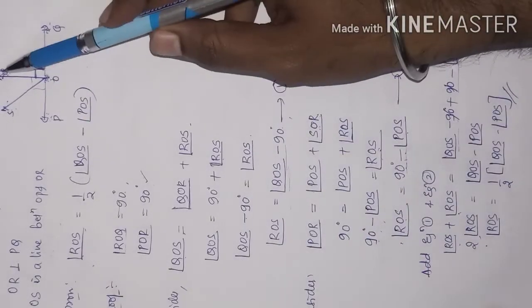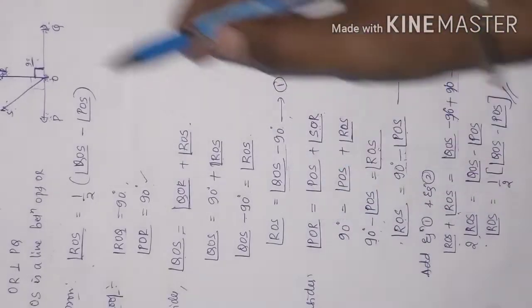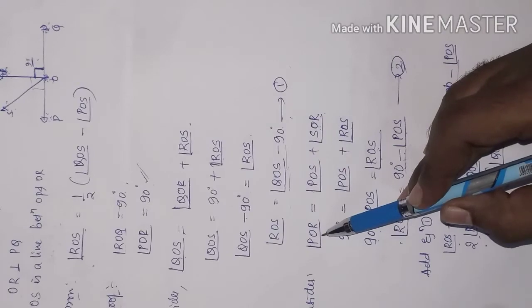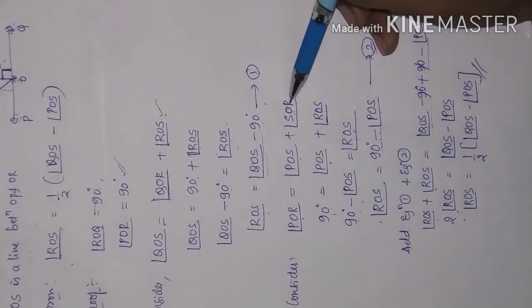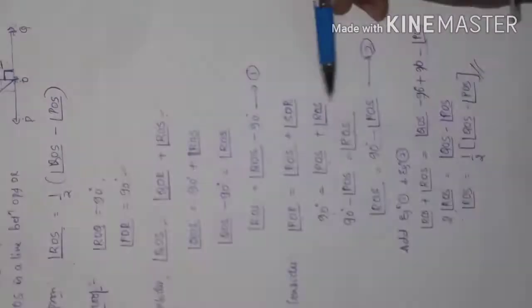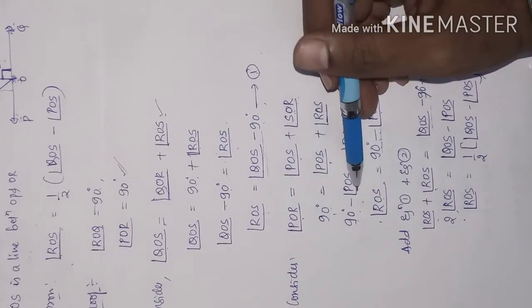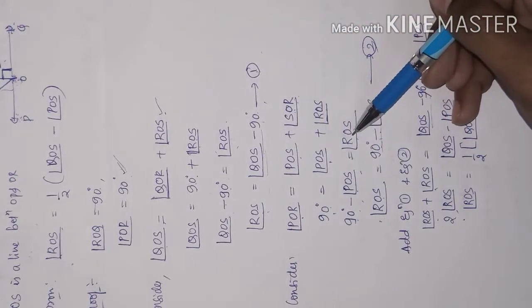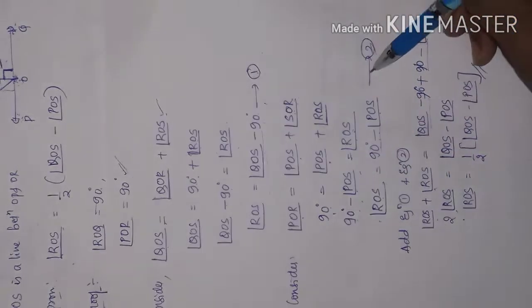Consider angle POR. So POR consists of POS and SOR. So POR is nothing but 90 degrees. So we wrote here POS as it is. I kept it. This SOR is nothing but ROS, that also we kept as it is. Now we require ROS in the proof, so what we will do, we will shift this plus POS angle to the other side, that is minus angle POS. So once again we will shift the entire term, LHS to RHS. See here, and this I made as equation 2.